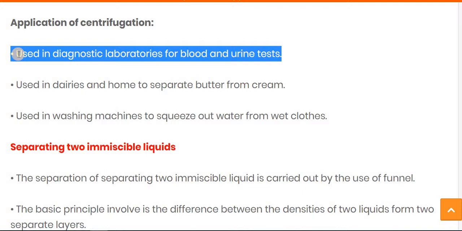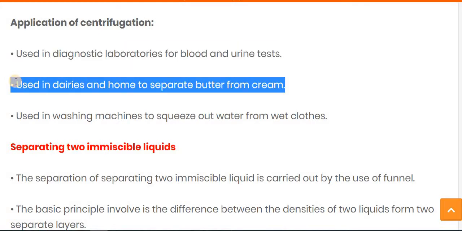In that, the components of the blood are separated: the denser components and the lighter components like serum, plasma, blood cells, etc. And the same is done for urine as well. So the first application of centrifugation is in diagnosis laboratories for blood and urine tests. Now the second one is that it is used in dairies and at home to separate the butter from